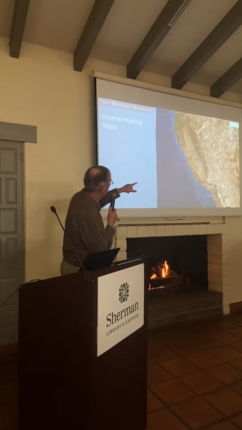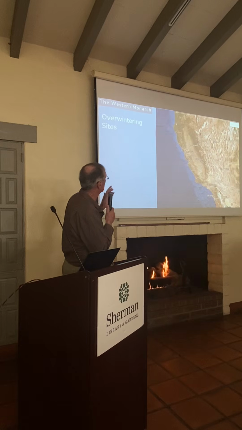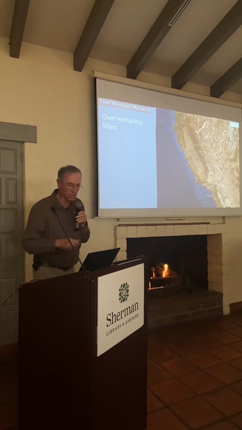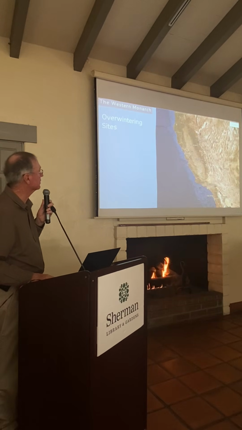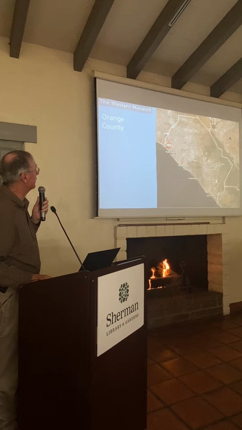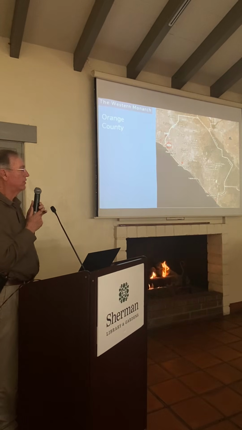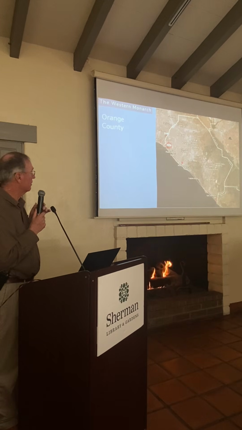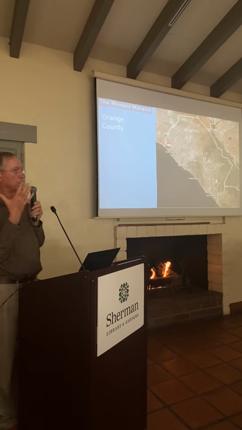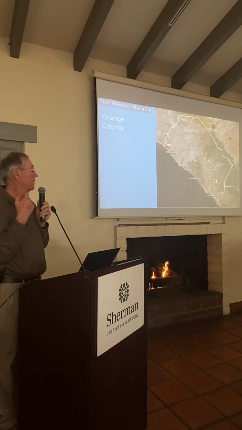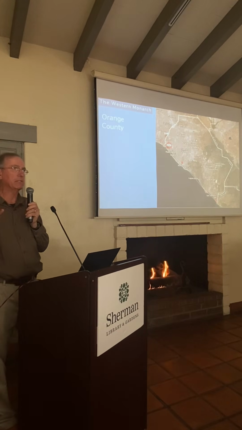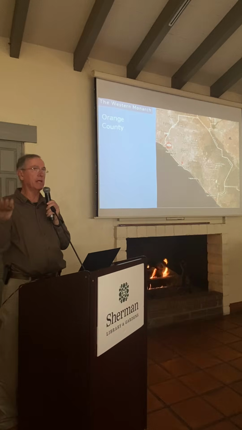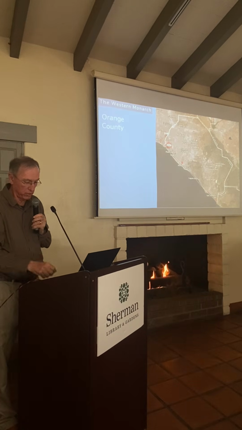Those are hard to see. Those little red dots are the historical 300 or 400 sites where monarchs congregate, mostly in coastal California. And here's a close-up of the Orange County sites. These are especially well publicized for obvious reasons. But those are the sites in Orange County that have had historical congregations of monarchs during the winter months. And there's actually 17 sites in Orange County that have been identified and mapped. Not all are still active, and a few of them have been destroyed.